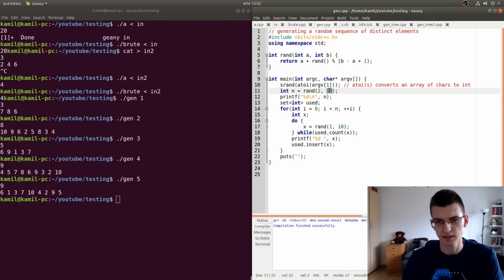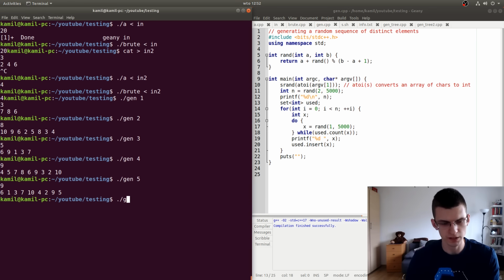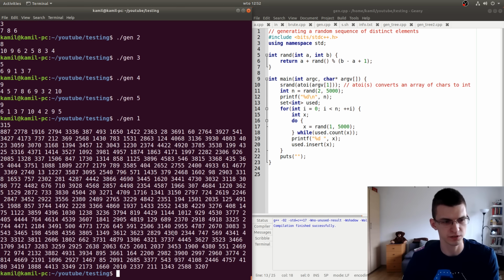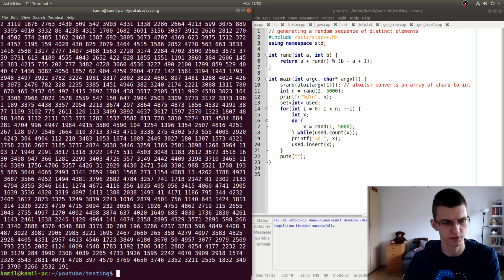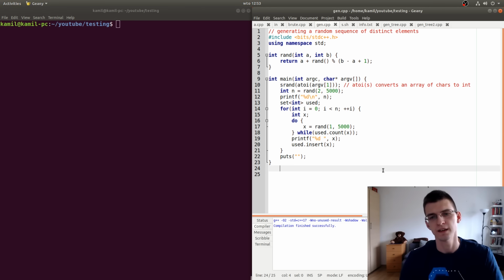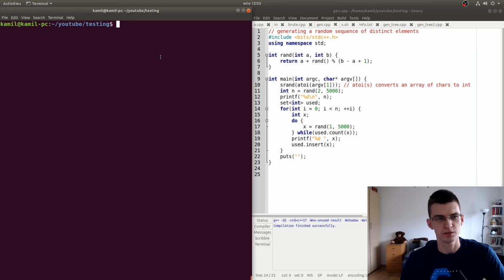Let's say that I know that my brute force is n squared, so I can put 5000 as the limit for n. Now gen with argument 1 produces a big sequence, gen 2 also a big sequence, and so on. Now I need to do something automatic, because what I can do is run the generator with argument